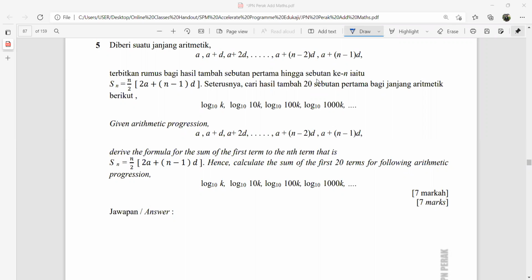So, given the arithmetic progression, the AP, you just need to label. Derive the formula for the sum of the first term to the nth term. And then they give you the formula already. So, they ask you to derive, which means prove the formula. So, to do this question,